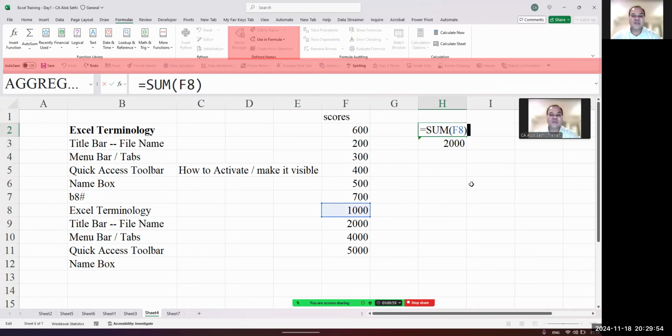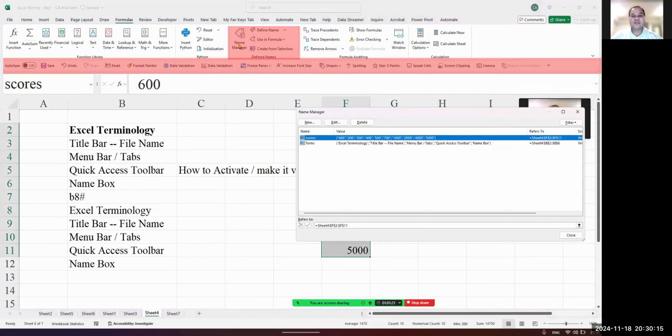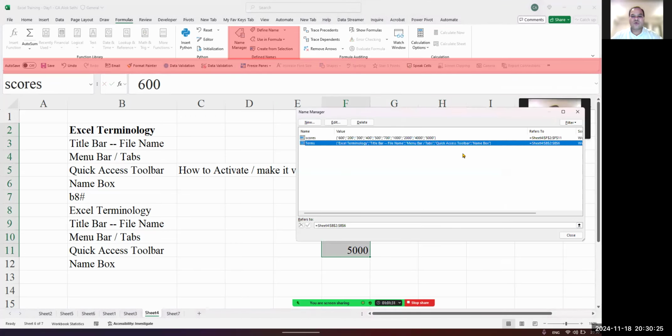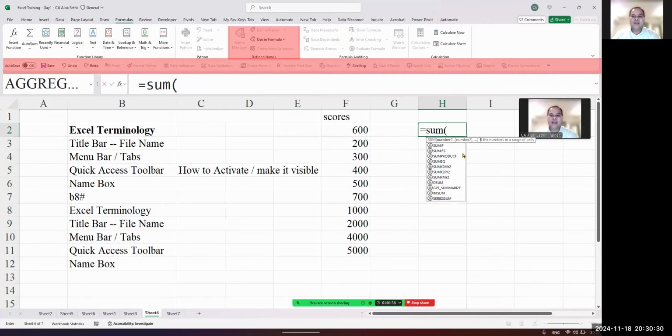अगर मैं यहाँ पे सिर्फ F8 करता हूँ तो 1000 ही आ जाएगा, which is this number. If I give F8 to F12 it will add all these numbers and I will get the result, but if I type F8# it will not mean anything, इसलिए रेफरेंस एरर आ रहा है, ठीक है। Now what I was saying is I want to give a name, I want to redefine this, तो आप नेम मैनेजर पे जाएंगे, स्कोर पे डबल क्लिक करेंगे and you have already done this. Okay, so this is the updated Scores. Now what I do is I want to take the total of this Scores, ठीक है। तो what you will do is you will simply say equal to SUM and you will just write Scores,